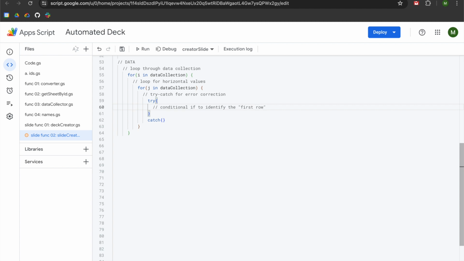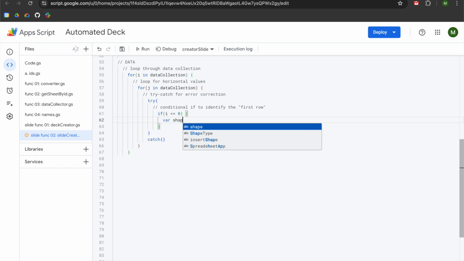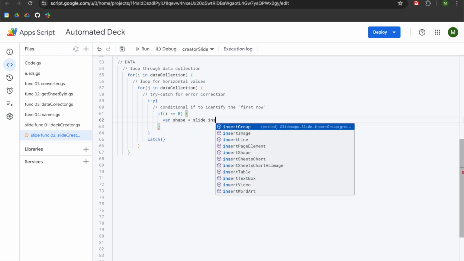We're going to go to the right, we're going to hit enter, we're going to hit tab, and we're going to say if open parentheses i space double equal sign space 0. I'm going to go to the right of our parentheses, we're going to hit space, and we're going to use curly brackets again. We're going to hit enter. We are going to declare a variable called shape, and we're going to set that equal to slide.insertShape